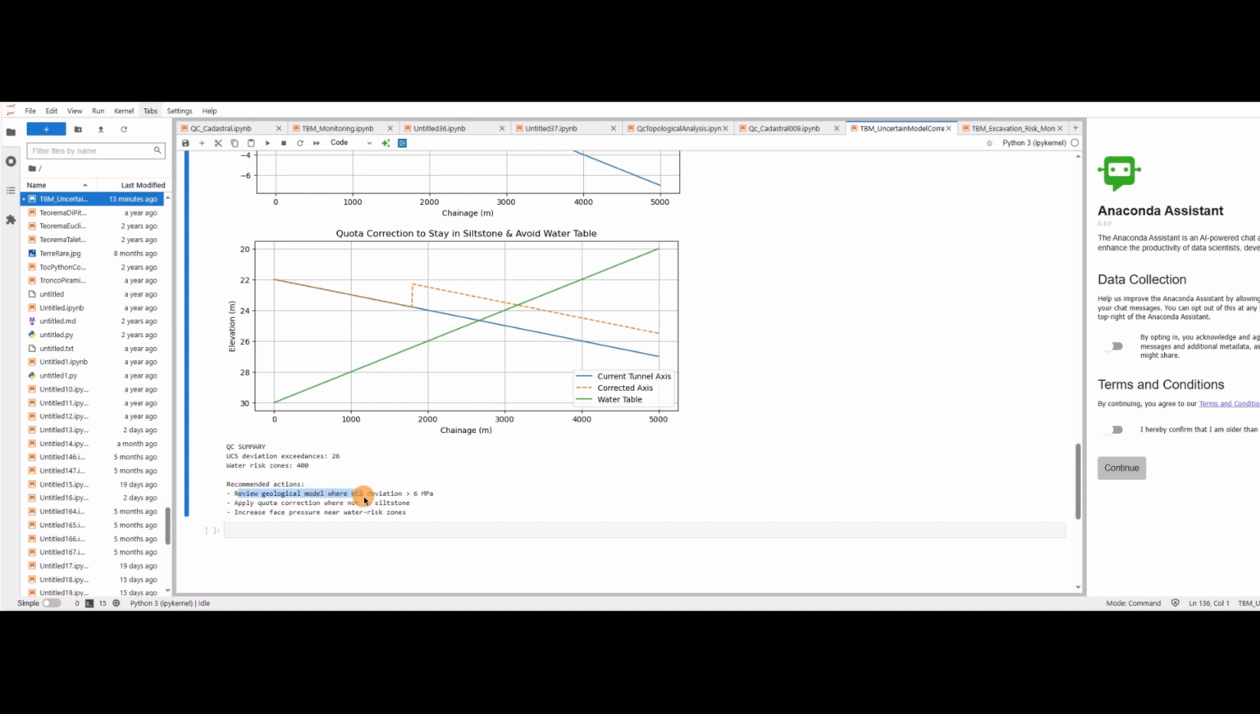Review the geological model with the UC deviation because it is measured at more than 6 megapascal. Apply quote correction where there is no siltstone. In this case, you have the following